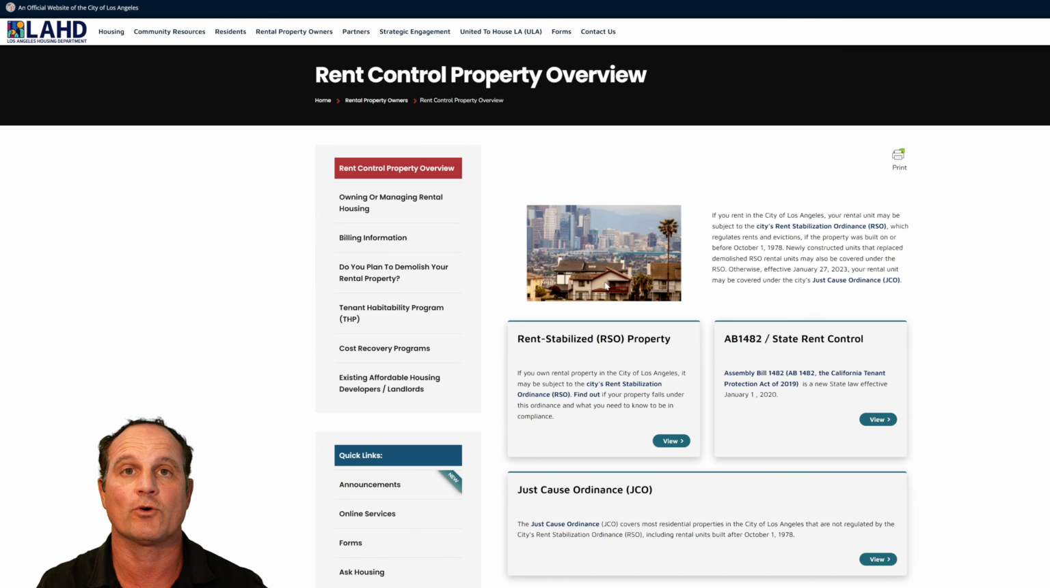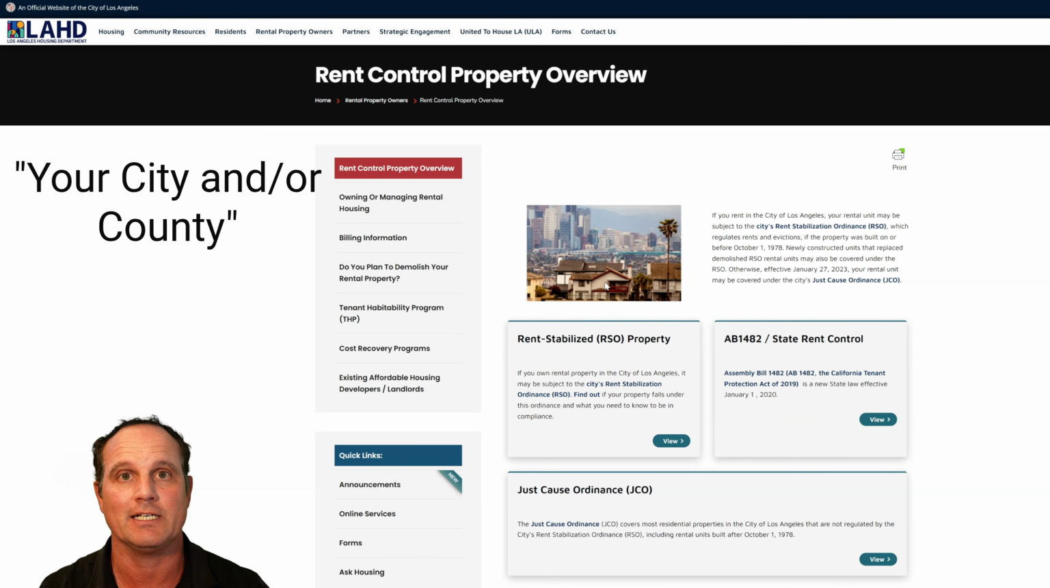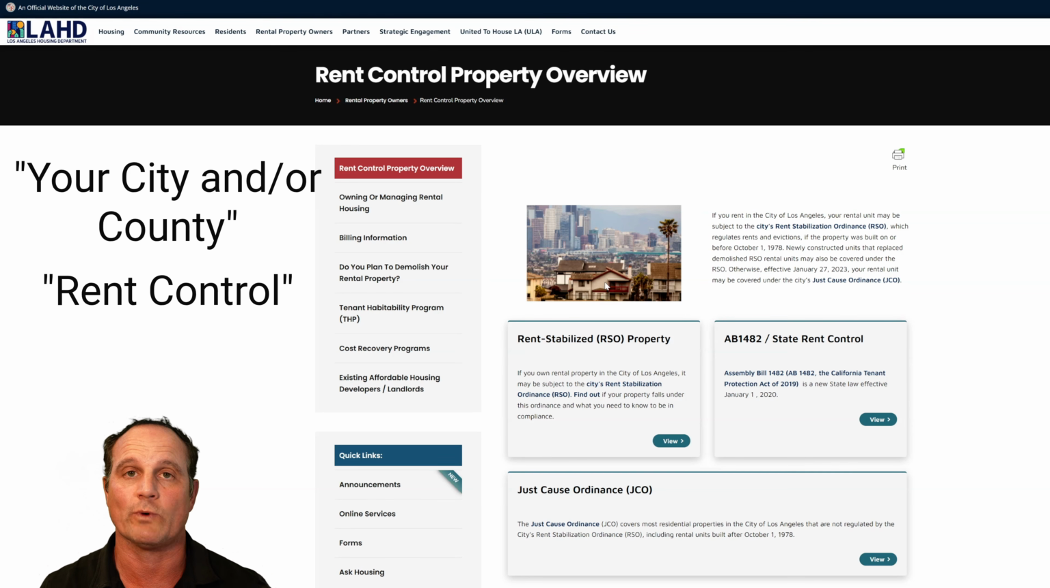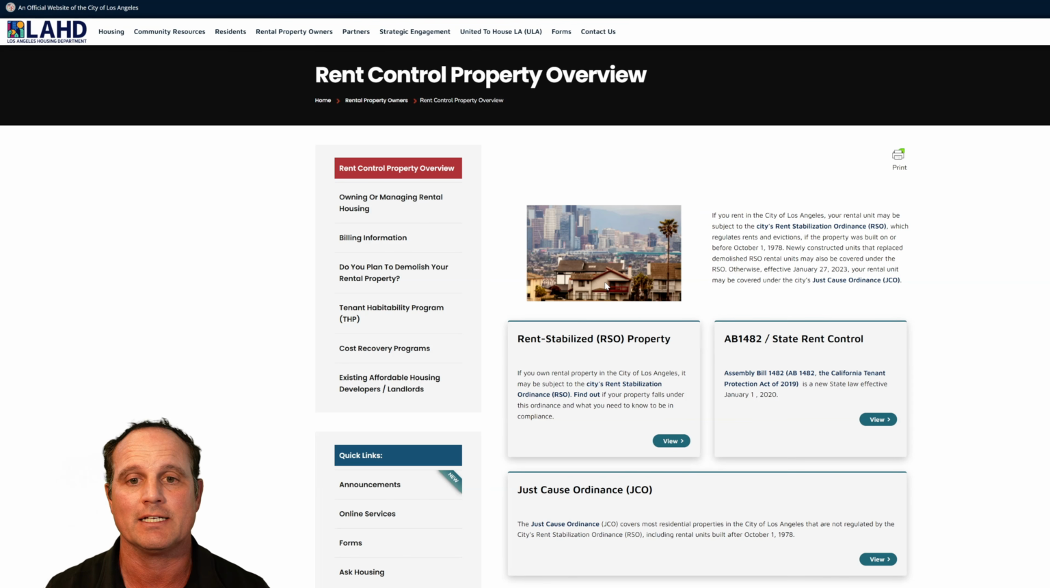want to do a search for the city and or the county, and you're going to use the words rent control, and then also try out renter protections. And when you do that, invariably you'll find some sort of information on the local rent control ordinance. For example, here's LAHD's website. This is for LA City, talks about the rent stabilized properties, the RSO properties, and explains to renters or landlords